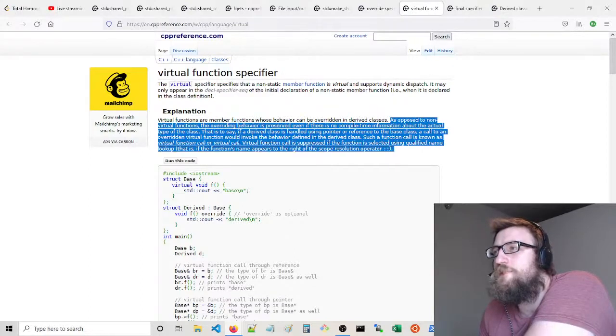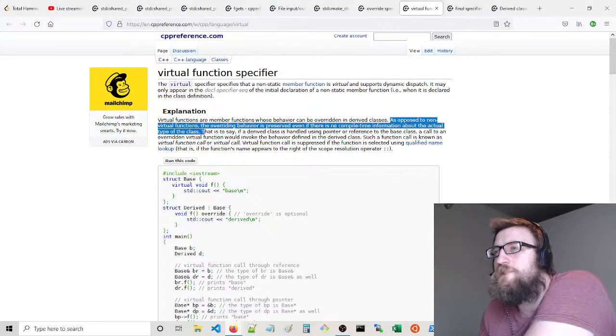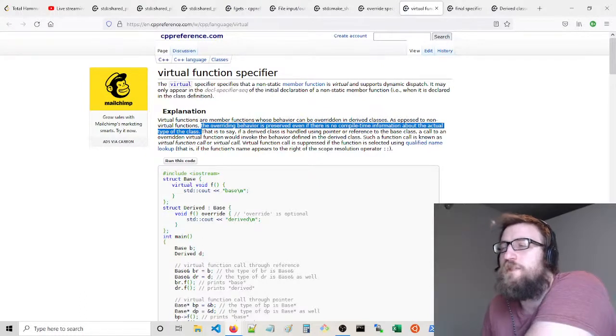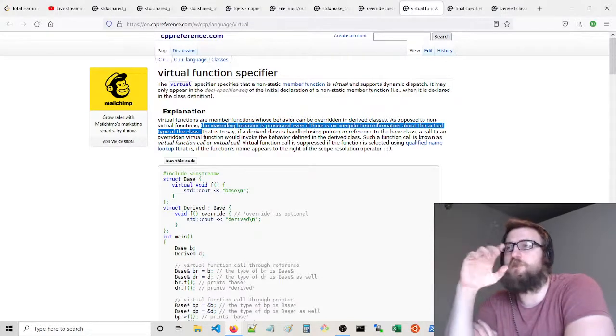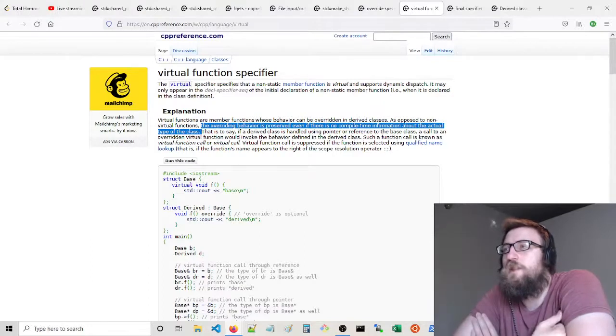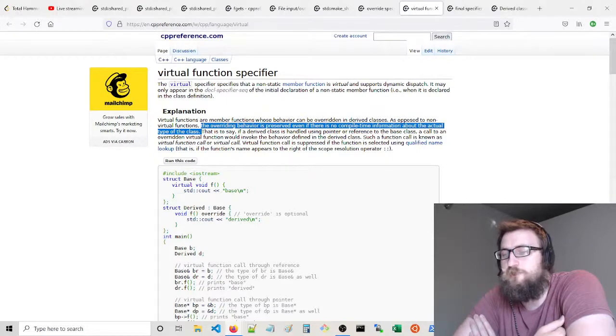Yeah, so okay, this is the difference. As opposed to non-virtual functions, the overriding behavior is preserved even if there is no compile time information about the actual type of the class. Okay, that's super confusing, but basically you can override non-virtual functions too, but there's a difference. If there's no compile time information about the actual type of the class, so you don't know what the type of the class is at compile time,